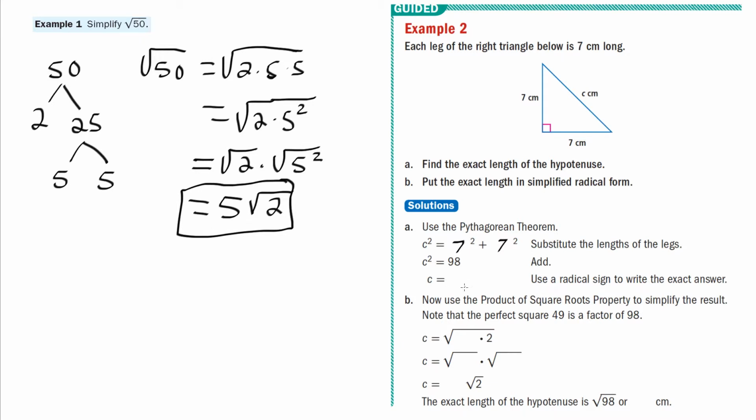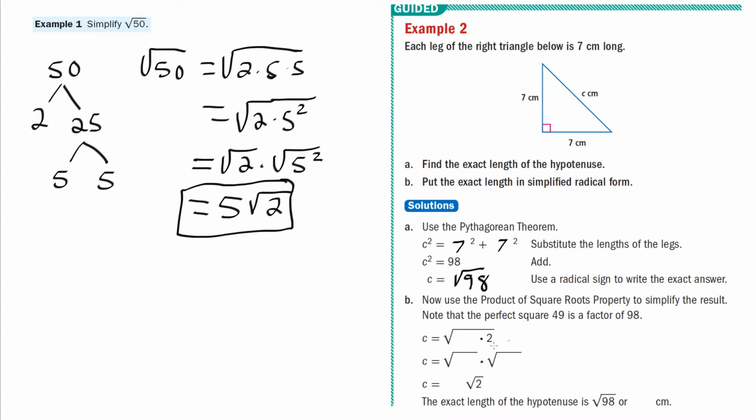And the exact answer is the square root of 98. Now use the product of square roots property to simplify the result. Note that the perfect square 49 is a factor of 98. So 49